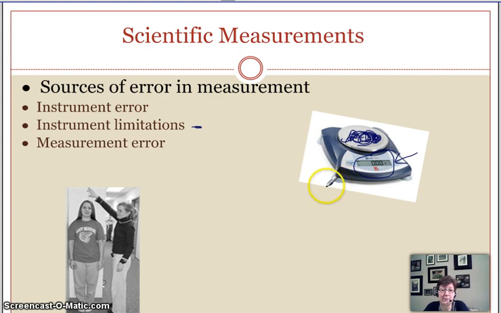A third type of error is measurement error. Notice that this nurse is apparently trying to measure the height of this student, and there's some kind of measuring tape up on the wall here. Well, notice she's sighting up along her arm and trying to read off a mark as to how tall that student is. She's not going to get a very accurate reading if she does not get her eyes to where they're level with the measuring tape. That would be an example of, the technical term for it is parallax error in that particular case, but measurement error because you're not reading an instrument right on. Okay, so how do we